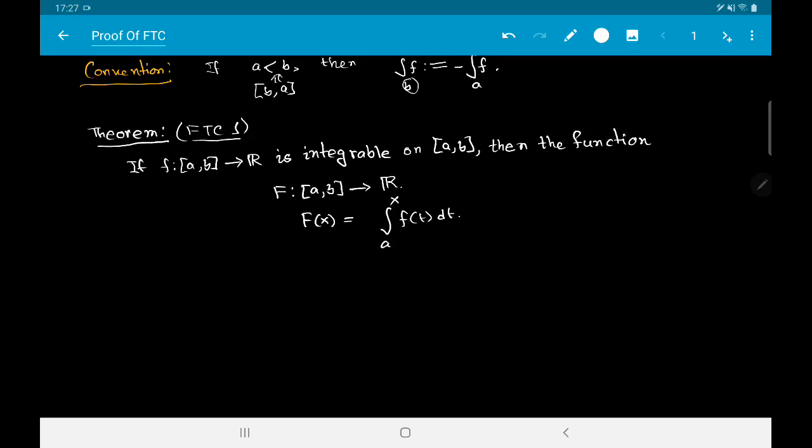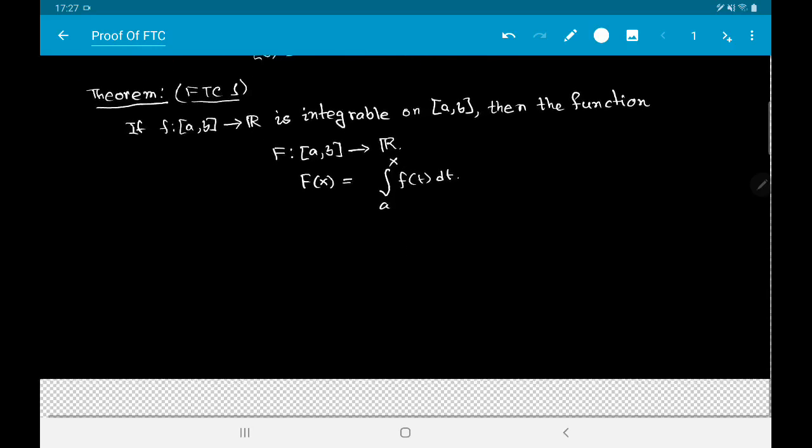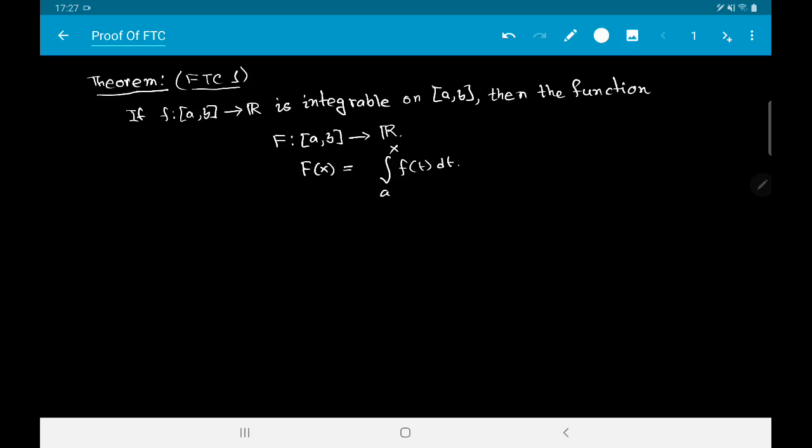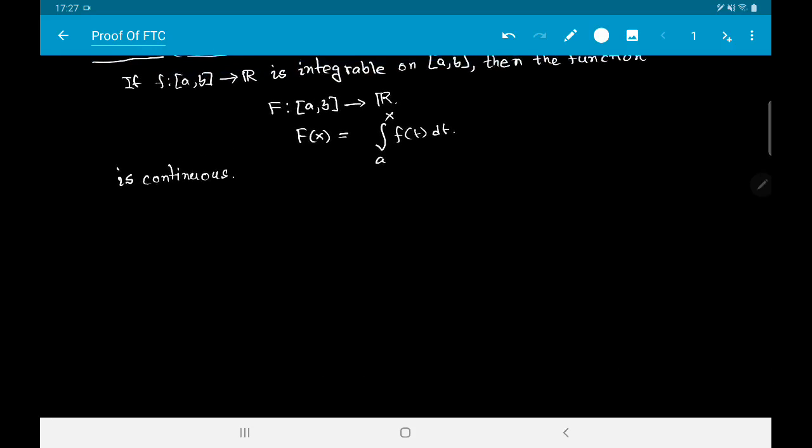We have made sense of this integral previously with the notion of domain additivity. So it says that if small f is an integrable function, then this function big F is continuous, and we said that it should satisfy some kind of a Lipschitz condition, which I will show right away. And also